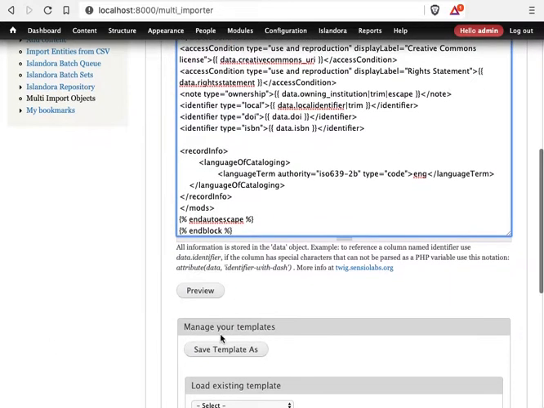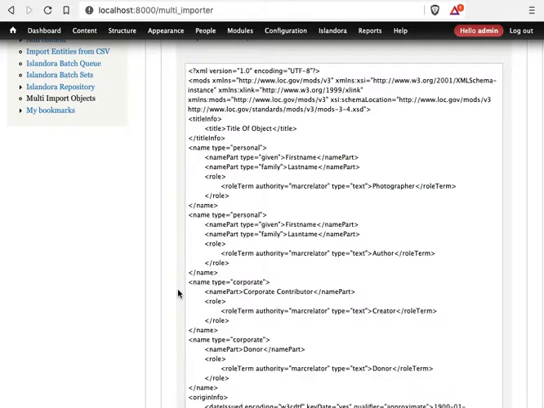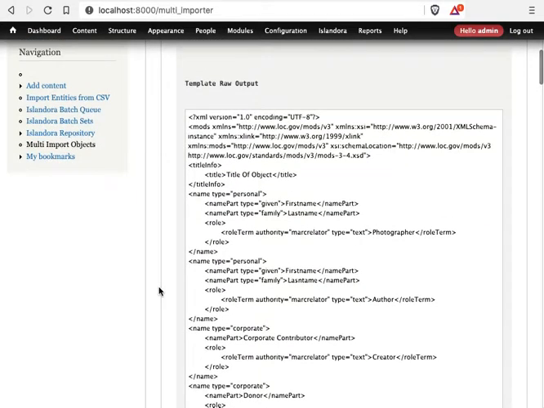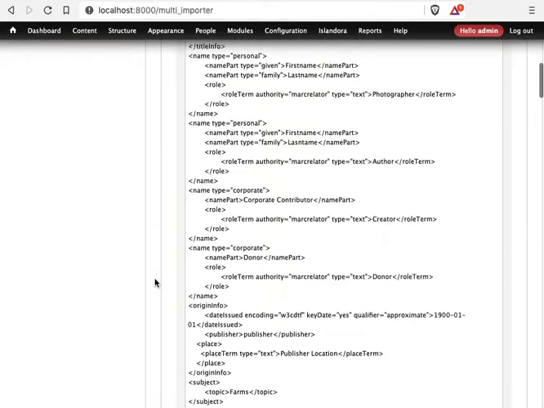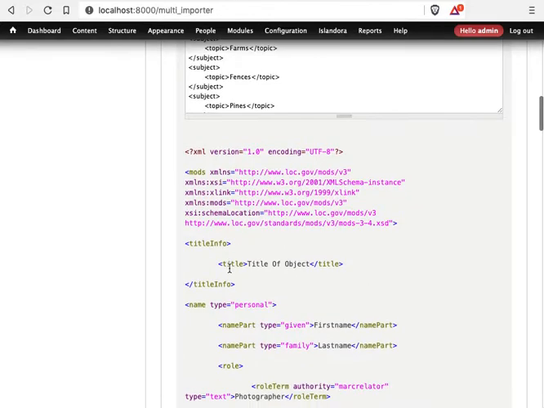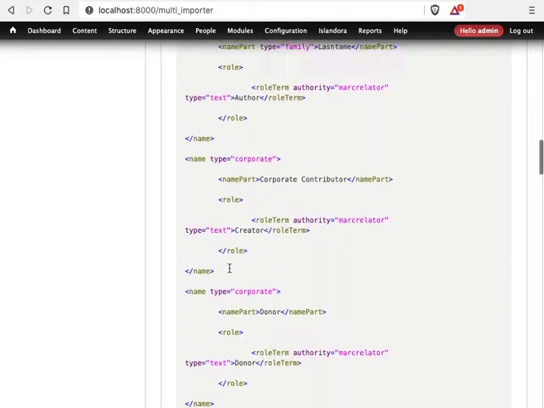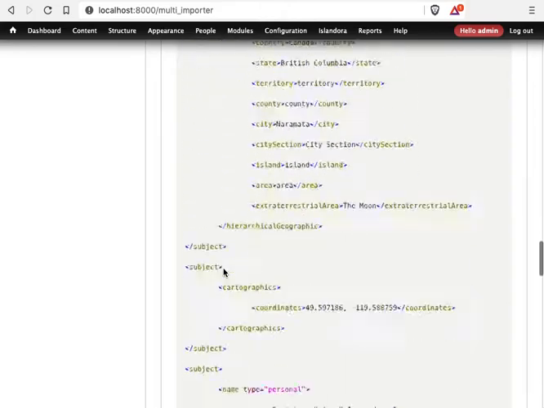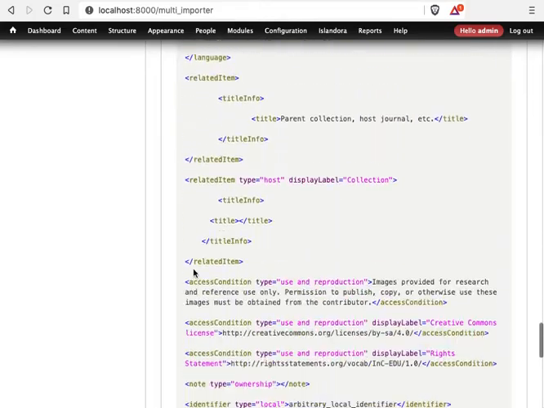Click the preview button to see what the processed output looks like. It's going to take that row you selected from your CSV, pass it through the Twig template, and show you what it looks like as MODS. If it all looks okay, then you're going to want to save this template for current and future use